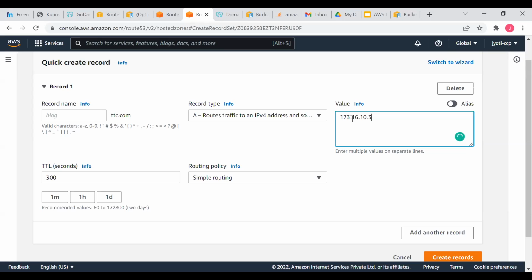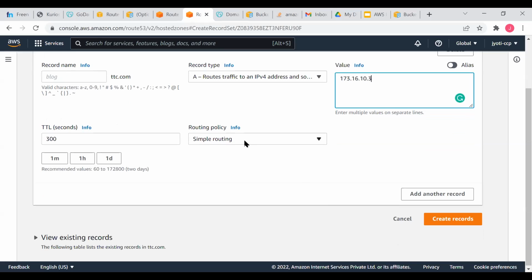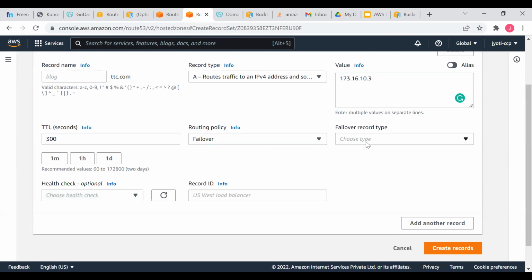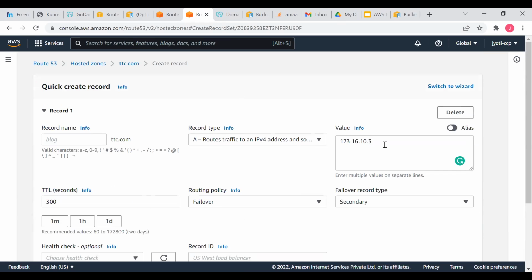Okay. Choose the IP address from those two health checks. And I'll say this needs to be a failover. So this is my primary, and I'll say here secondary server. So whenever